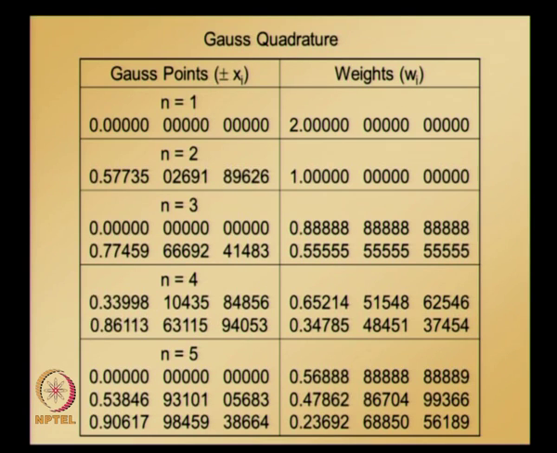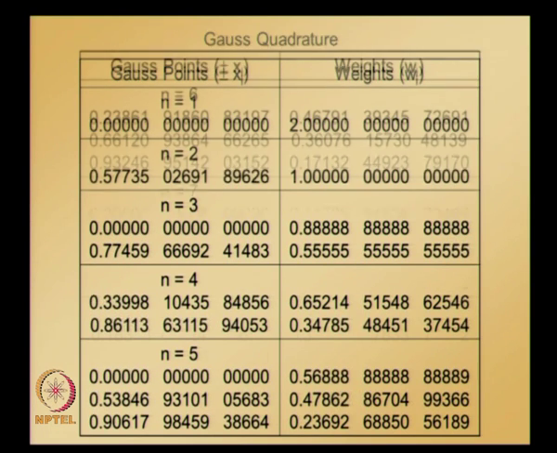So, that is how you can read this table to get integration points and weights. Once you know the integration point, evaluate the integrand at the corresponding point, multiply with the corresponding weight, and sum up over all the points, then we get the approximate value of the integral. And here n is equal to 1 to n is equal to 5, the integration points, coordinates and weights are shown,